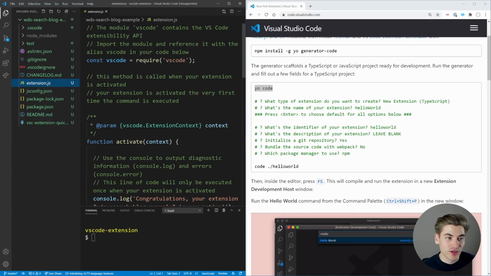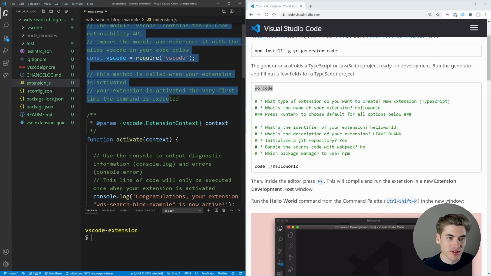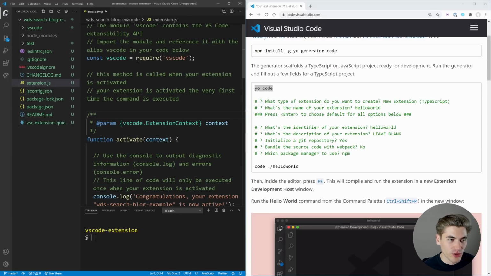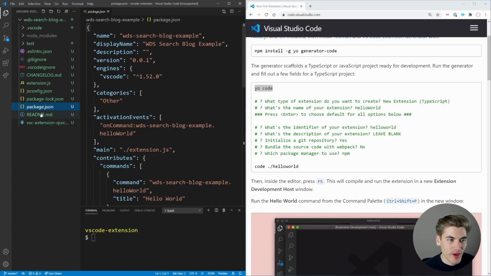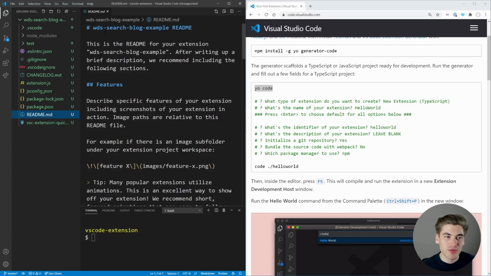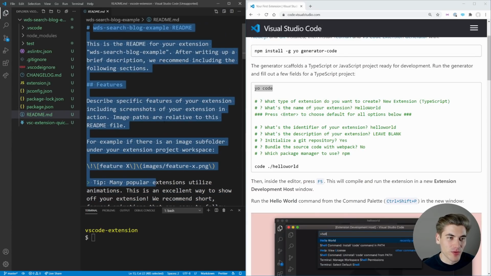And then the main file here, extension.js, we're going to come back to this, but this is pretty much where you write all of your code for your extension. This is where the actual code works. Then we have here just a config file for, it looks like, our compiler options for type checking and stuff. We have our package lock, our package JSON, a README, and this README is a little bit interesting because this is actually the README that gets posted with your extension. So all of the information you see when you install an extension, that comes from this README right here.